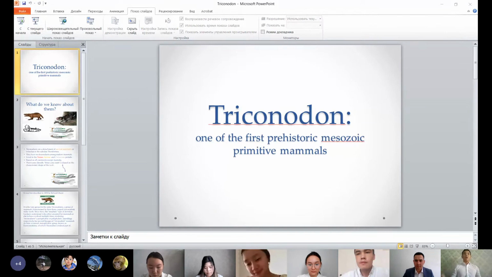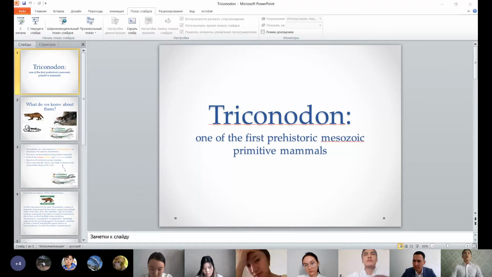Yeah, Trikonodon, one of the first prehistoric Mesozoic primitive mammals. What do we know about them? Here in the pictures, you can see approximately their shape, how they could look in the Mesozoic era. Those are these two pictures. Lower are its approximate teeth. And I can tell that these teeth are very connected with Trikonodon's name, because its name means three sculpted